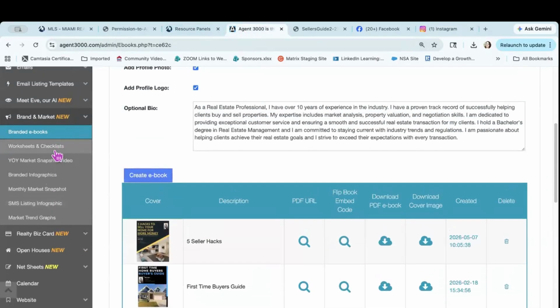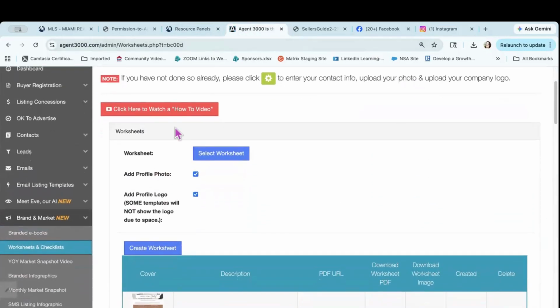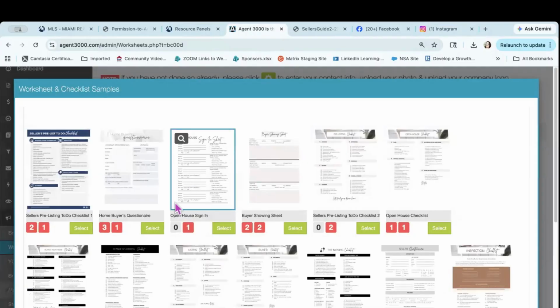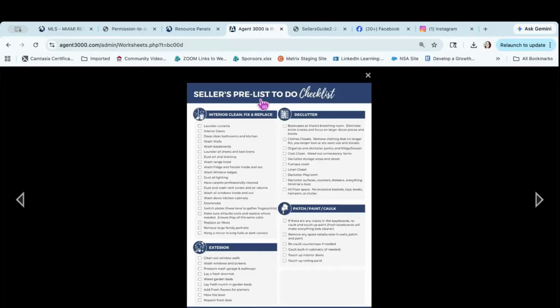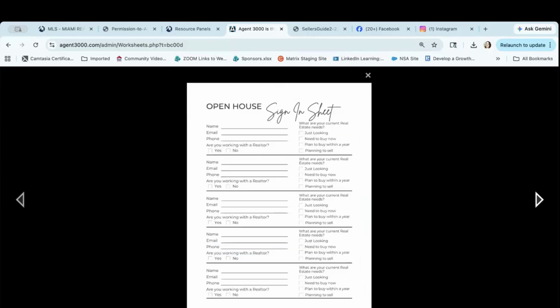The next section we want to cover is worksheets and checklists. These are spectacular. To access these worksheets, all you need to do is click on Select Worksheet in the middle and look at the different worksheets and checklists that you can have access to. If you want to see it a little bigger, click on the looking glass on the top left-hand corner of each one of these pages, and it'll give you access to